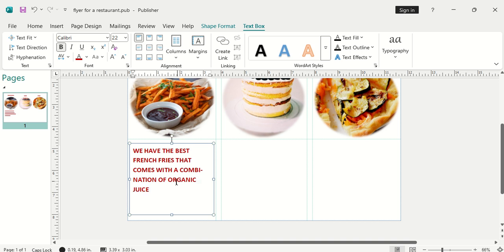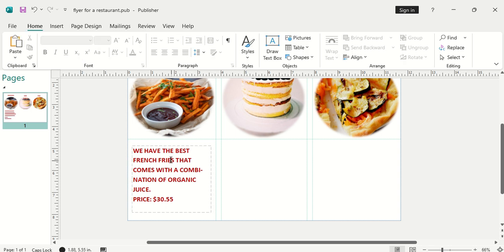A combination of organic juice. So price, let me say let's put in dollars, $330.55. That is the price for this product. After which now I can click,